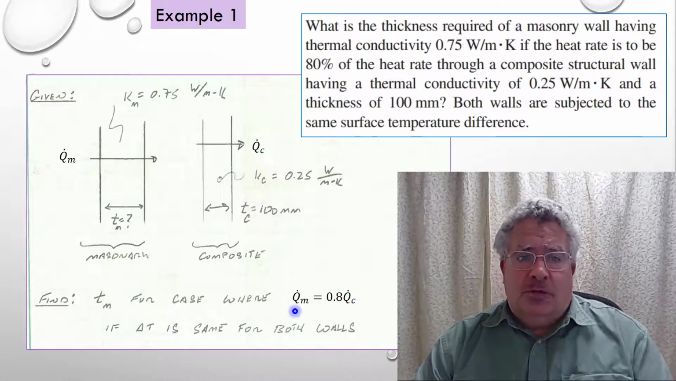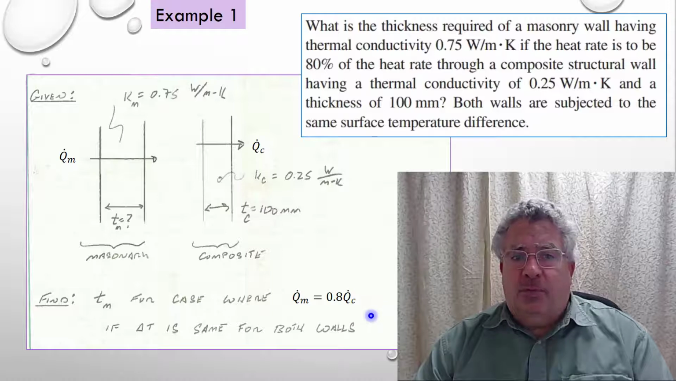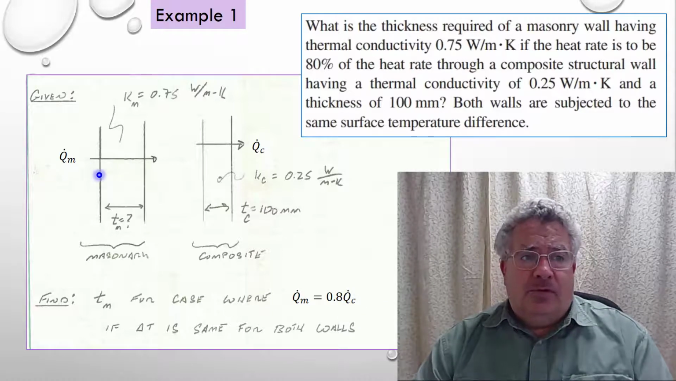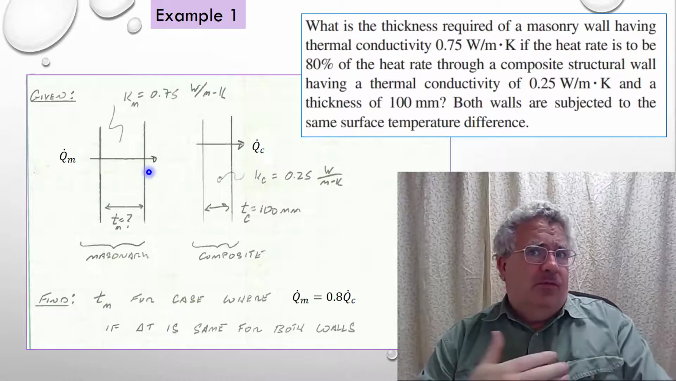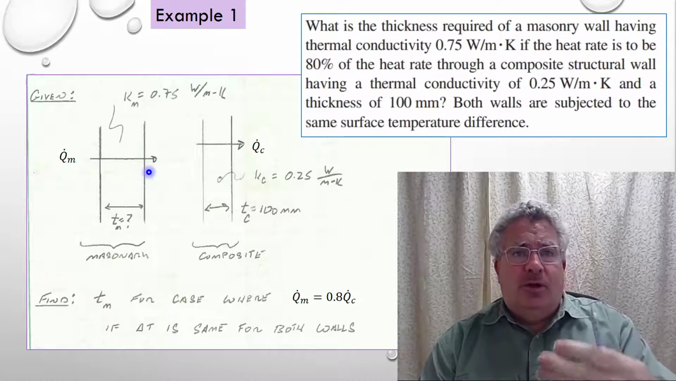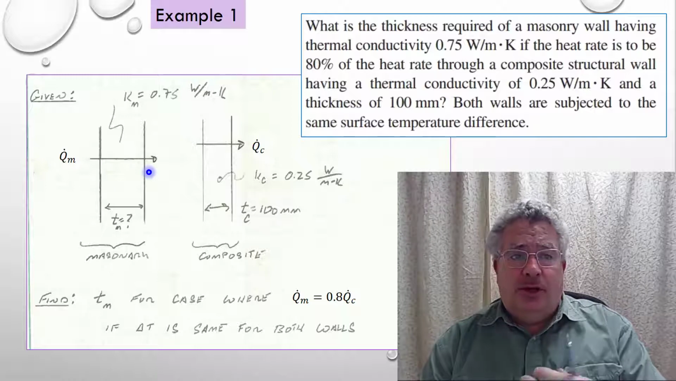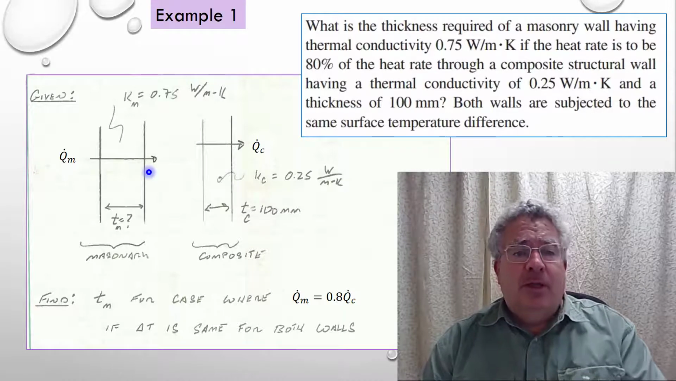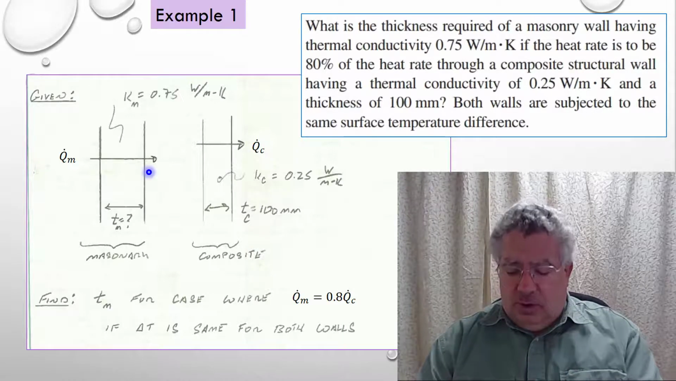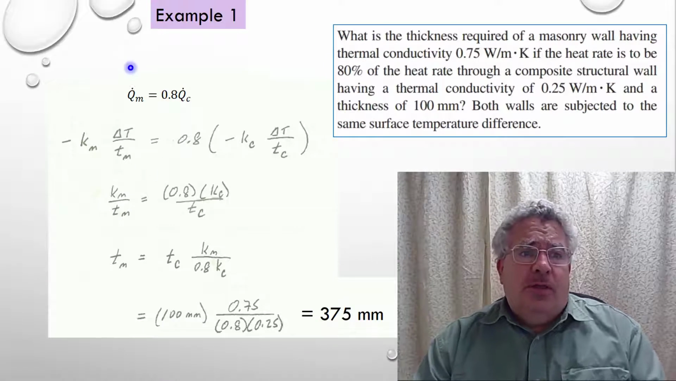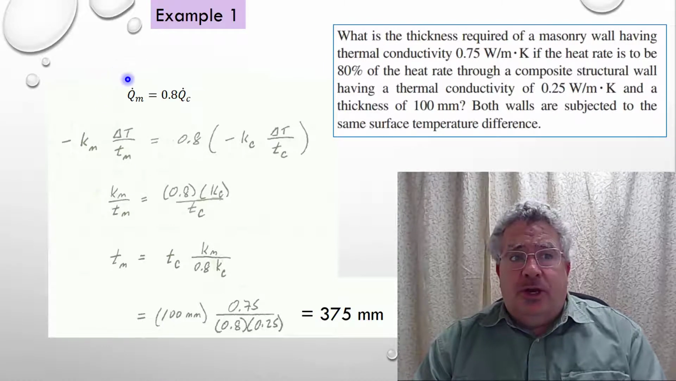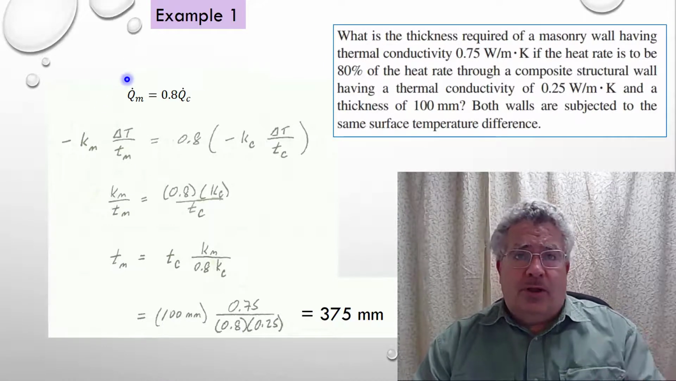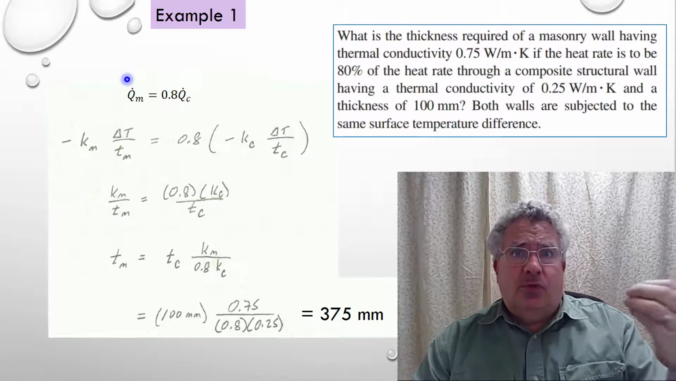The heat rate through the masonry wall has to be equal to 0.8 times the heat rate through the composite wall. And what we're saying is that the temperature, or the driving force that's going to allow this thermal energy transfer to happen, is the same on both walls. So this is basically our governing equation, and now we say, well, we're having conduction through a solid wall,